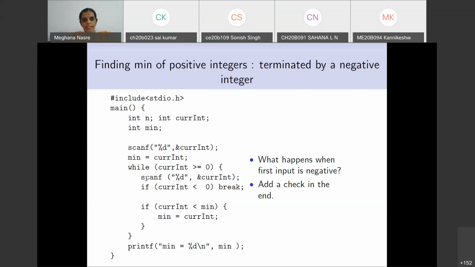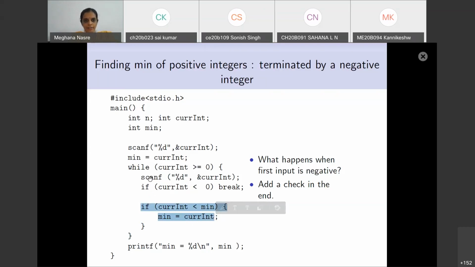Yeah. So one of the suggestions is that this cannot be combined with the current suggestion of Sahana, where you are taking all the integers inside the loop. What it is saying is, can we move this if current int is less than min to before the scanf statement?